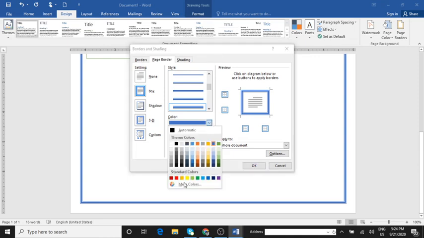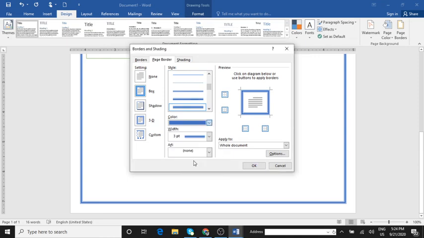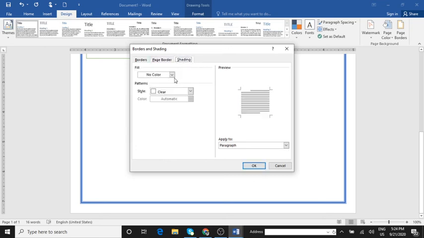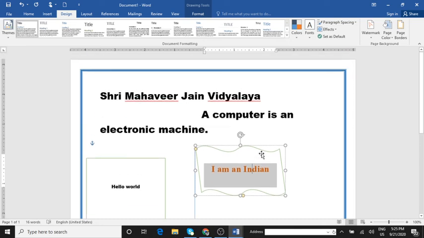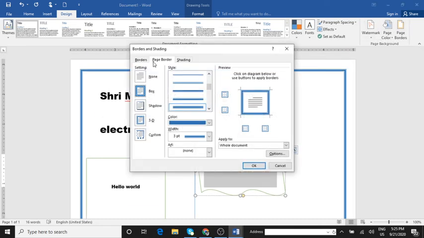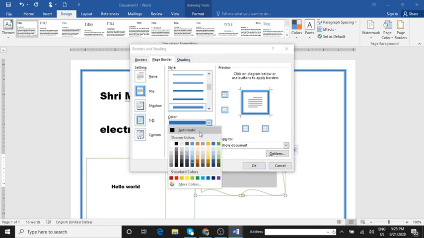The same way you can select any of the colors. Okay, shading in the dialog box here. I'll just select, it might appear like this. Can you see this now, children? A little more enhanced version. Click on page borders itself, and I'll select some other color with this so that you can see.